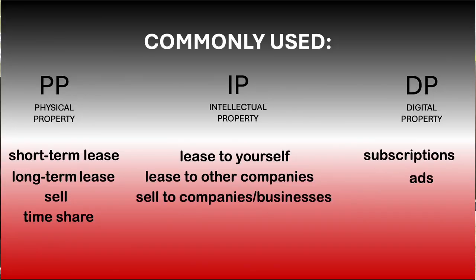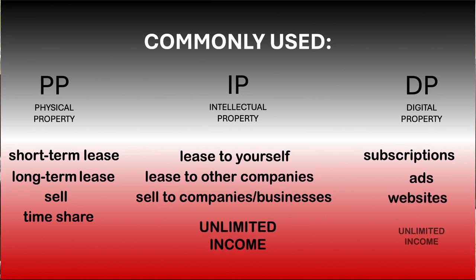With digital property as well as intellectual property, those are kind of different because you're able to have way more people coming into these different models that you create, and you don't have the limit of having a physical property, so you can cash flow more because you don't have a physical barrier on how many people can fit inside one space. You can have as many people interact with these things as possible, as long as you have the infrastructure to support the people that are coming in. The common model with digital properties are subscriptions and the advertisements you run to drive traffic towards any of your digital assets that you have.